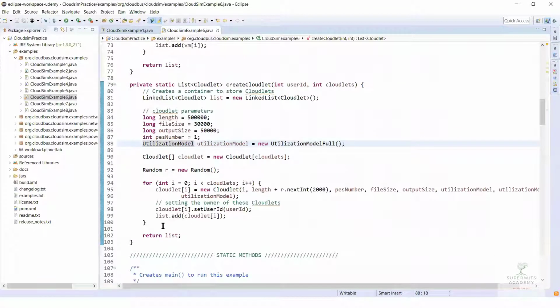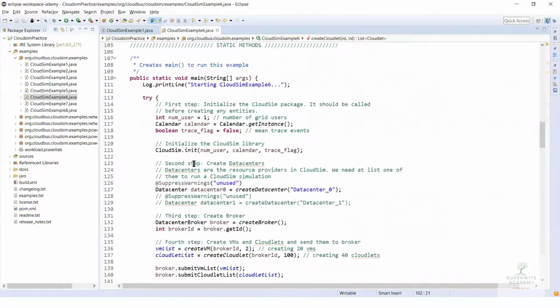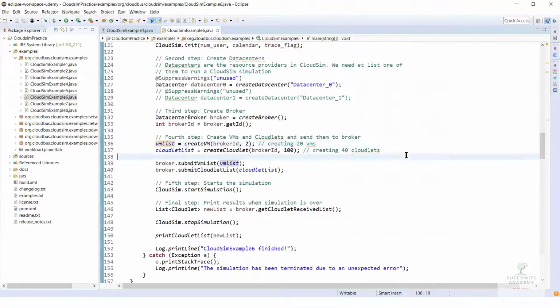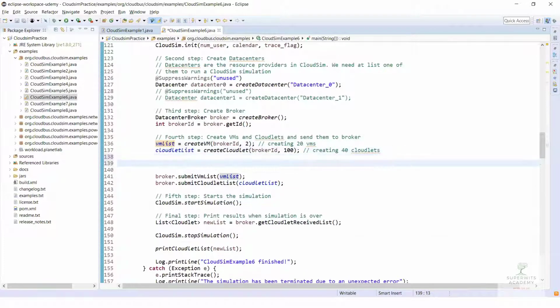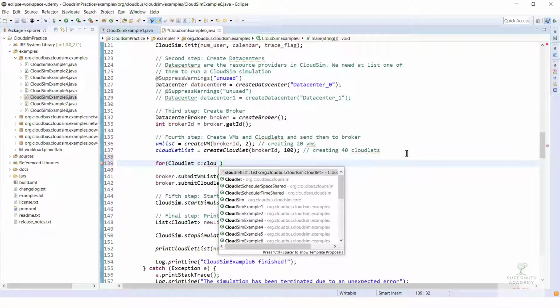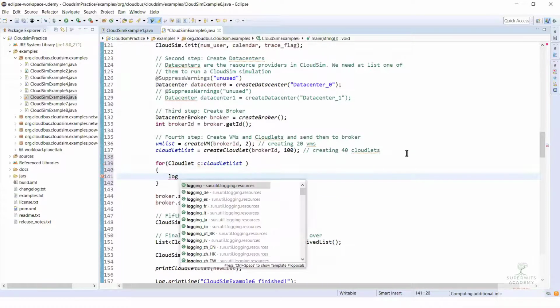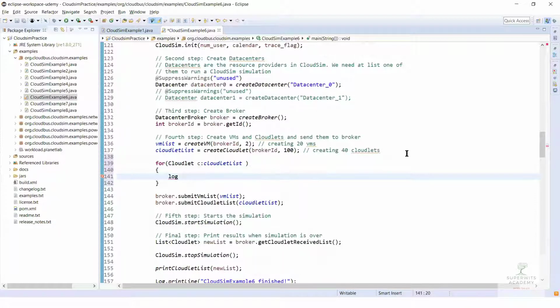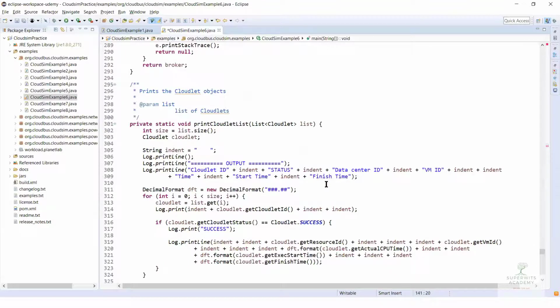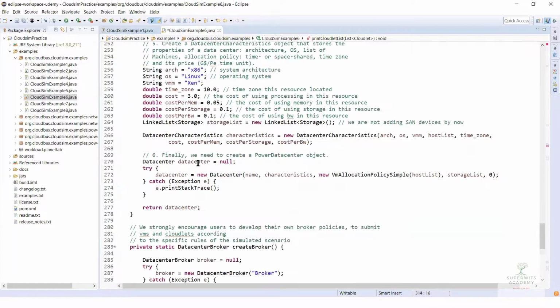Maybe if you wanted to print the length which I get, I can simply print the whole thing here. So for int length, maybe not, for each cloudlet c in the cloudlet list, I'm going to print the length. I think that is through the Log class. Yes, it's a Log class.